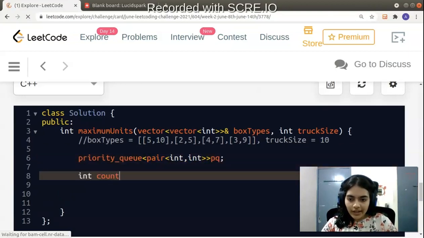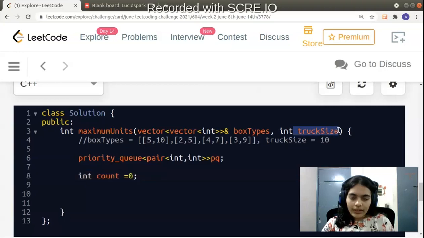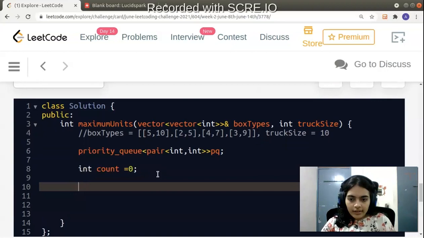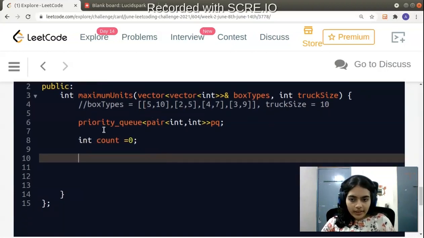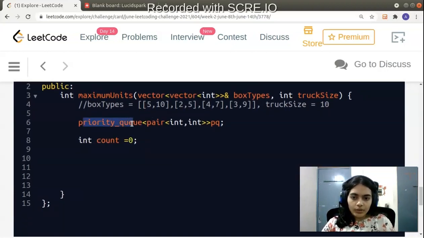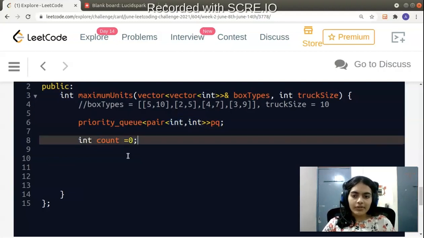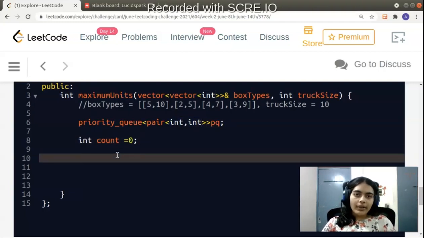And then we declare a count variable to count the number of boxes which we have collected till now. We have to keep counting until it equals the truck size. Now we can do one thing. We can either sort the priority queue by the second parameter, which is number of units, or we can sort it by the first parameter, which happens by default.